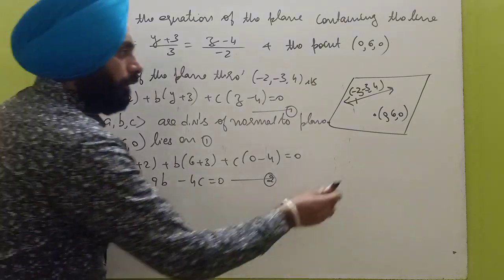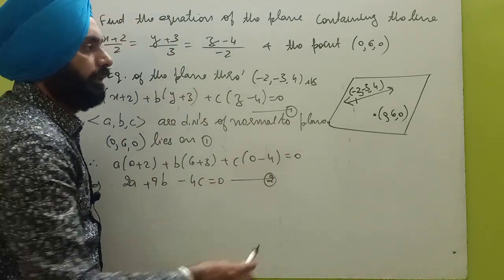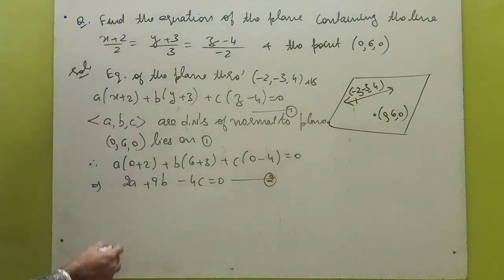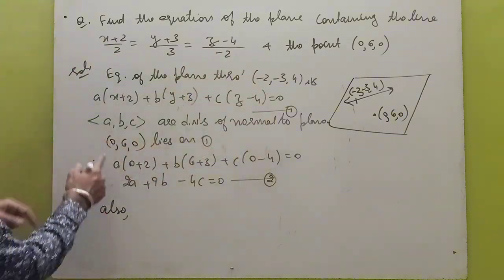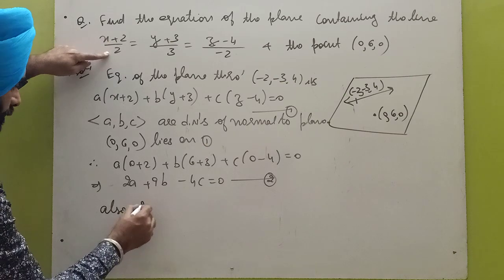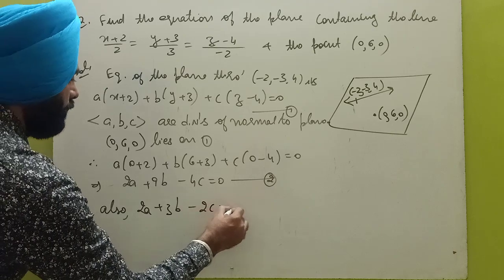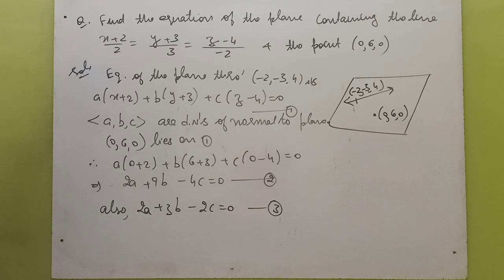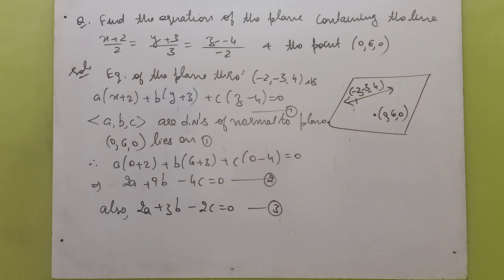Now the normal of the plane is perpendicular to every line on the plane. So there is a line which is in the plane, so the normal will be perpendicular to this line. Also, the product of the direction numbers is 0. Direction numbers of the line are 2, 3, minus 2, and the normal to the plane is a, b, c. So take the product: 2a plus 3b minus 2c equal to 0, and let us take this as number 3 equation. Now again you can solve these two equations proportionally by the cross multiplication method and replace the values of a, b, c here and find the equation of the plane.